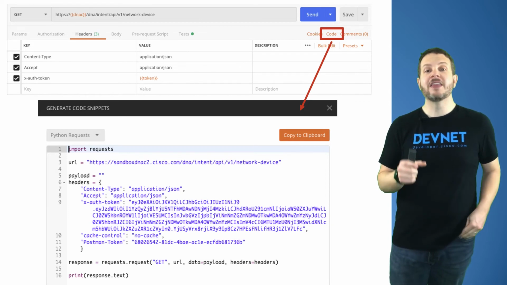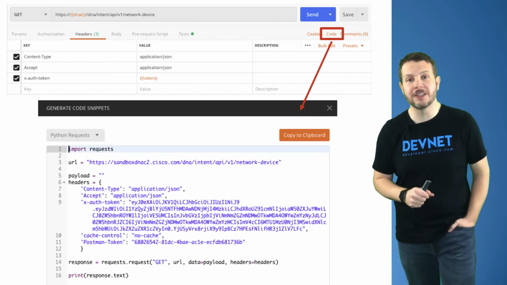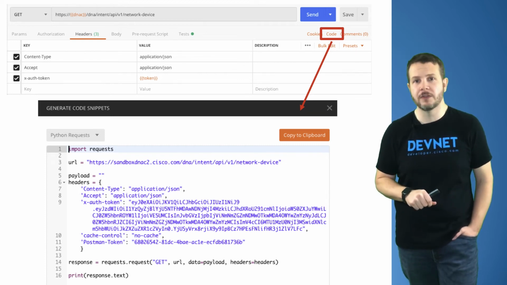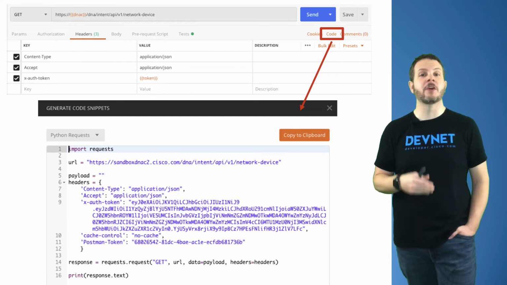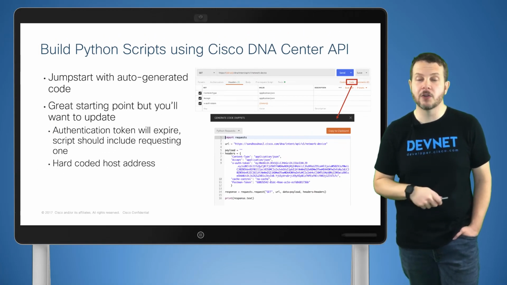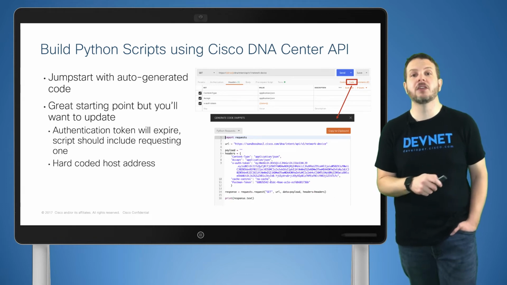For example, that authentication token that we retrieved, it's going to expire. We don't want to hard code it into our code here to retrieve network devices. We'll want to build some functions to request that as part of our script. So the auto-generated code is a great starting point, but let's see what this will look like from a real